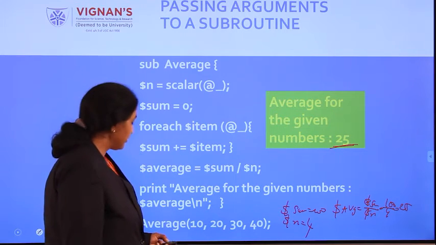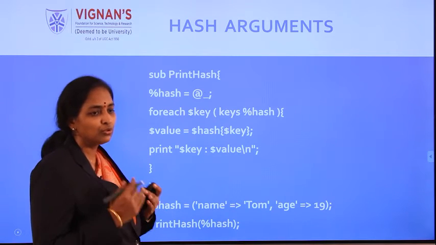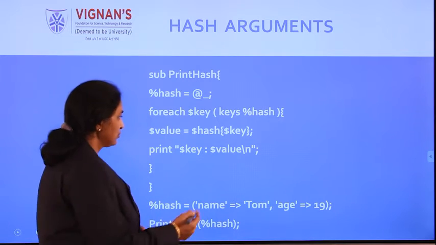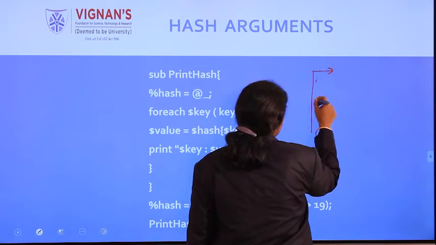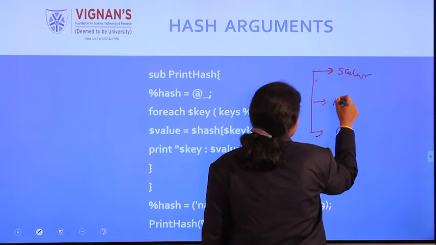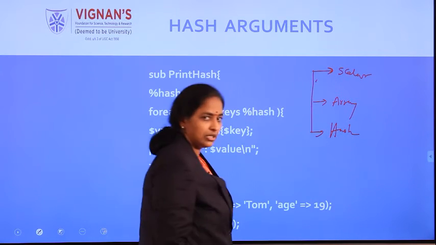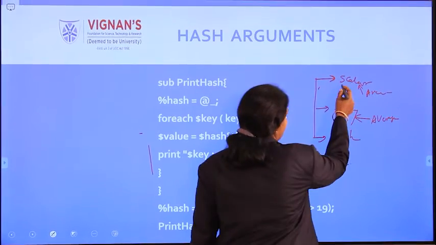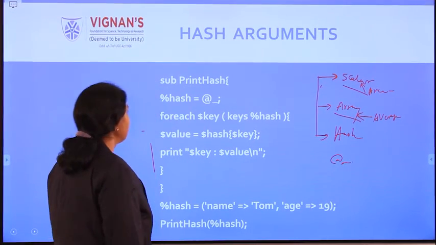Okay, so this is the way Perl works. So far we discussed two kinds of data, how to handle scalar data. In Perl you have three kinds of data types: one is the scalar, another is the array, and another is the hash. These are the basic data types. So far we have seen how to handle scalar arguments, scalar references and array references. Now we are considering the hash reference.